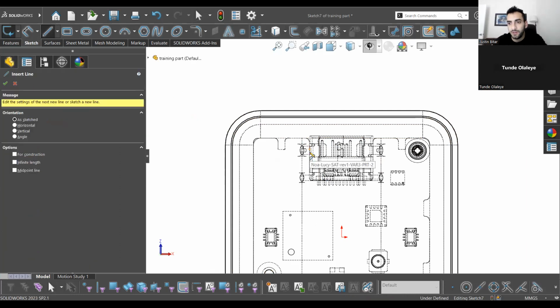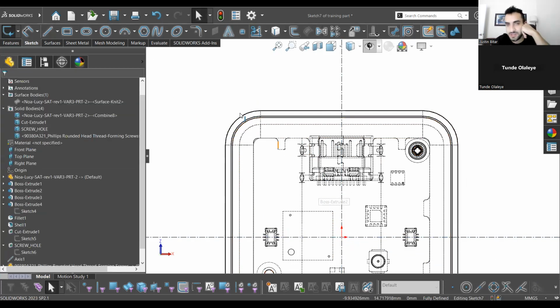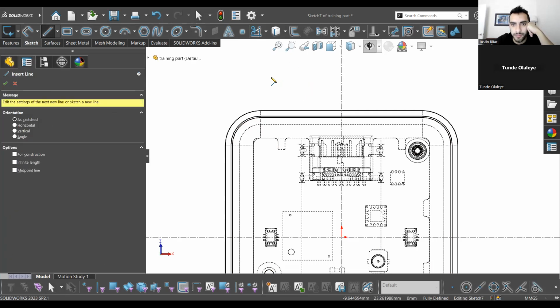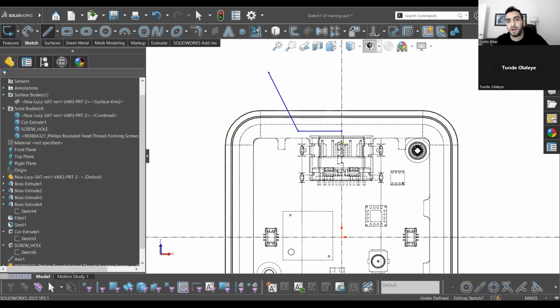I'm going to type on my keyboard L, and that'll bring up the line command. And I'll do Alt C, and that'll select for construction, and it'll make a construction line. And then I'll do Alt I, and it'll be an infinite length construction line. And these are great for establishing symmetrical sketches, right? So let's do something like this, where I come in here and I go here. Now notice too, my origin is in the middle of my part, because this part is somewhat